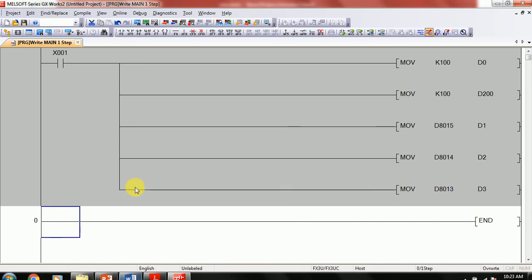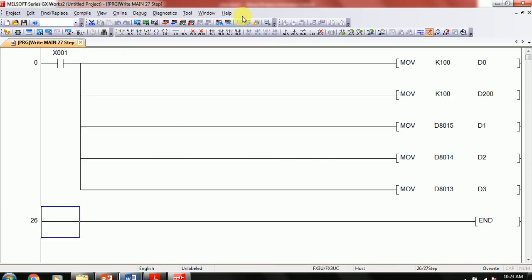Okay, so this one D0 is general, and D200 is latched, and D8015, 14, 13 are hour, minute and second data registers, and these are also general data registers. Compile the program and simulate the program.